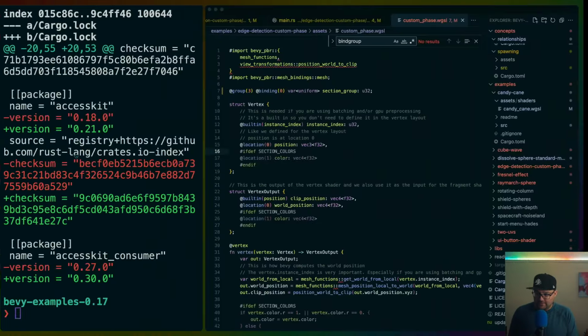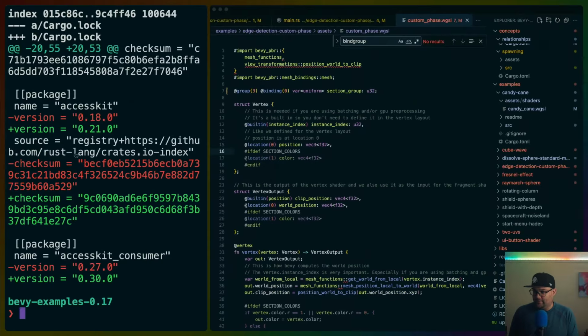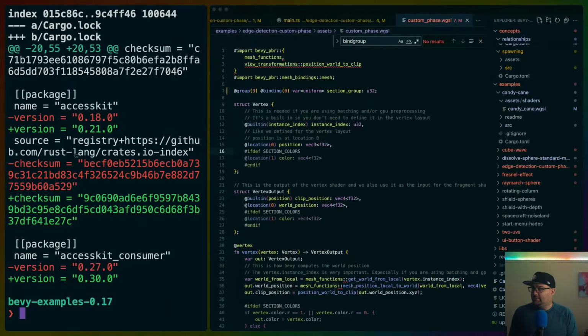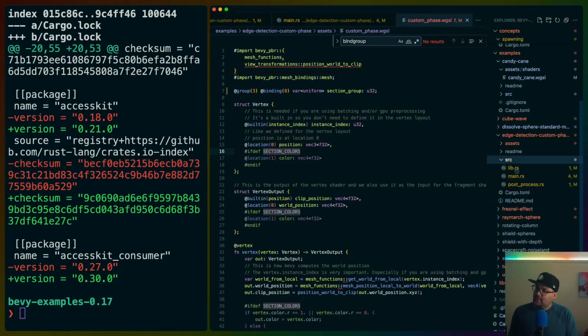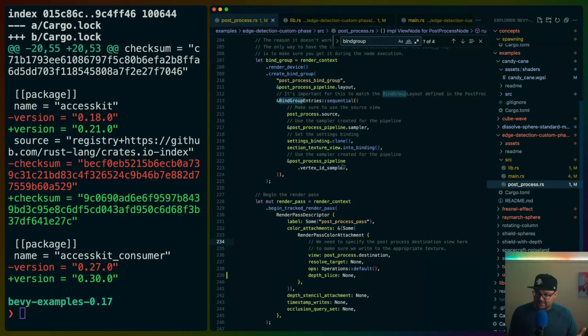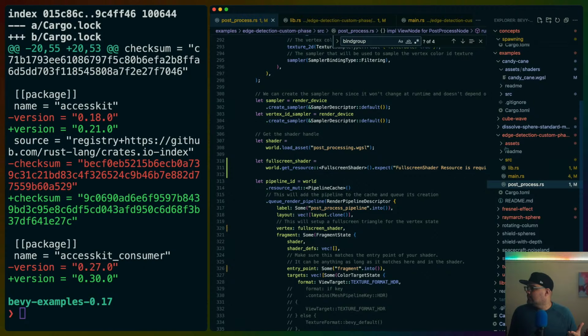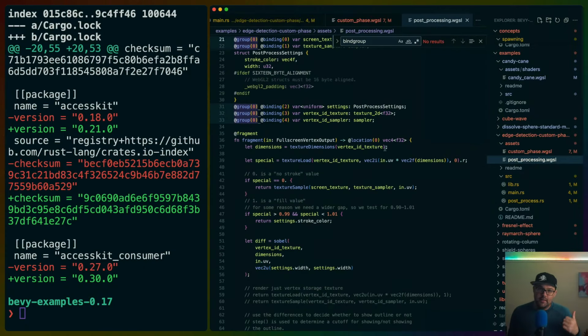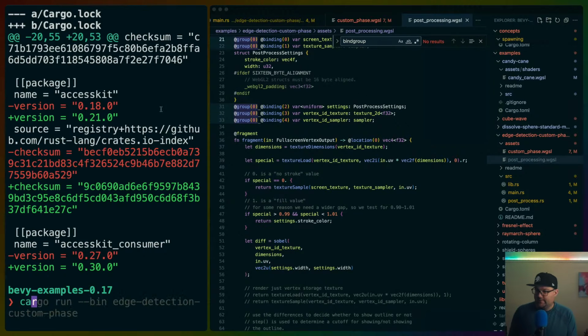What do you use for the outlines? That's a custom implementation that is meant for educational purposes. So that is a, where's the code here? There's two pieces to it. One is a custom render phase, and the other is a post-process step. And there's two shaders, one for the post-process and one for the custom phase. The custom phase basically builds a, I think I can actually just,